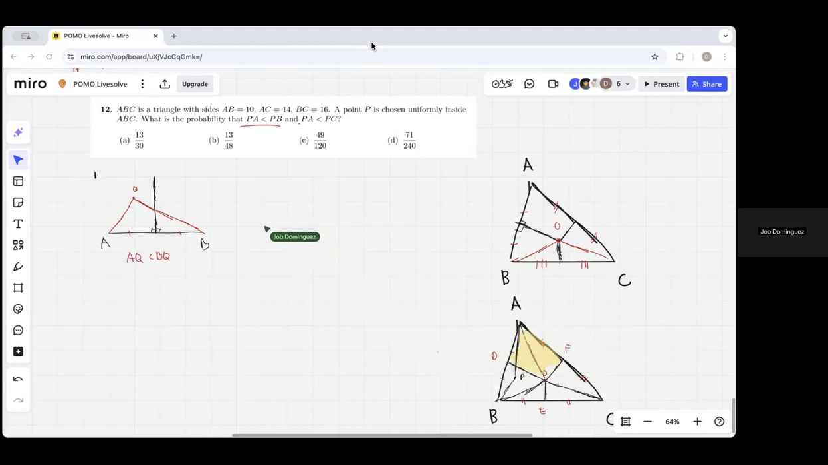It's like saying that because we know that OD is the perpendicular bisector, if point P is near to B, then the length of PB is going to be smaller. So basically, this just boils down to solving for these areas,